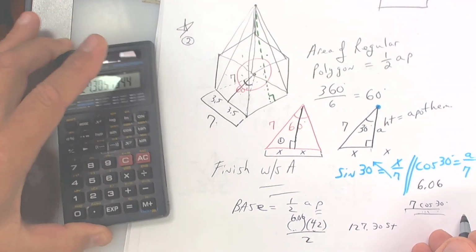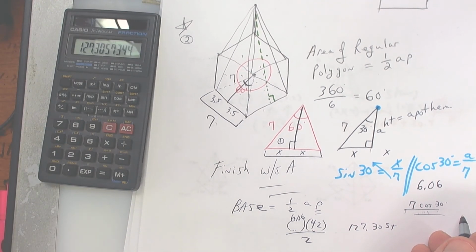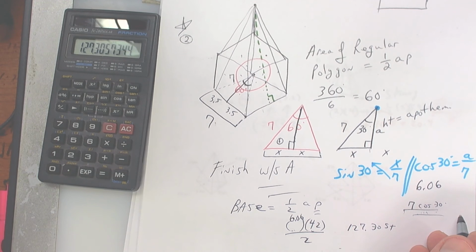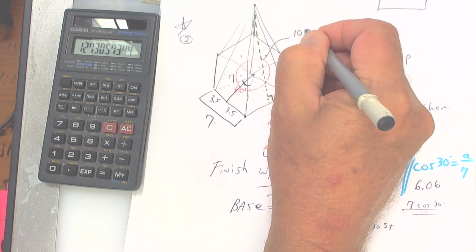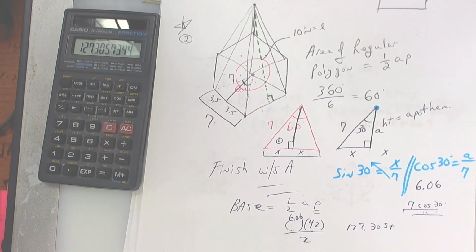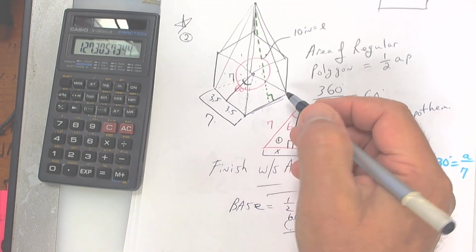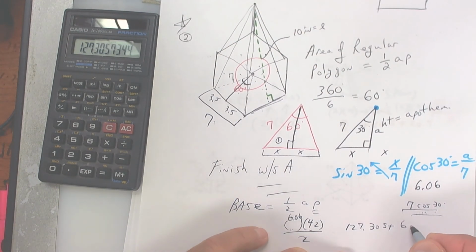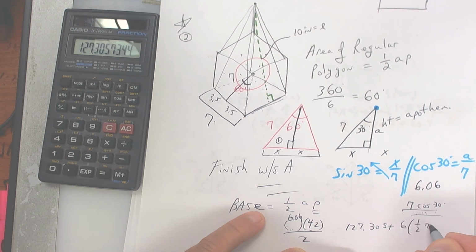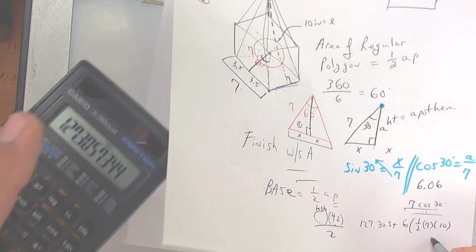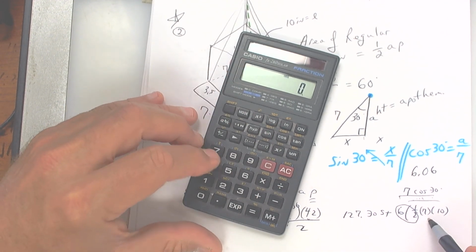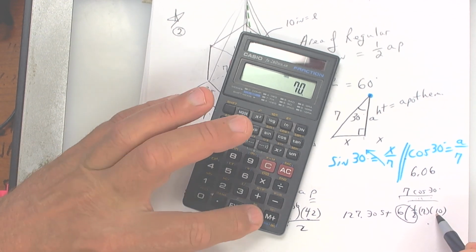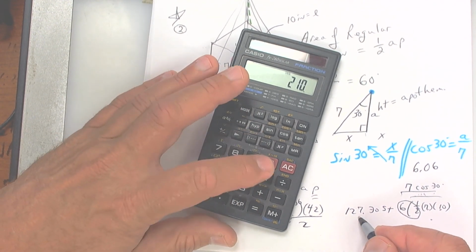127.305 plus the triangles. Now, the triangles, you have to be given this slant height, which I didn't give you. So I'm going to say the slant height is equal to 10. We know the base is 7. You have 6 triangles, so it's going to be 6 times 1/2 the base times the height, which I made up as 10. So let's finish this thing up. Half of 6 is 3. So 3 times 7 times 10 is 70. I get 210 plus